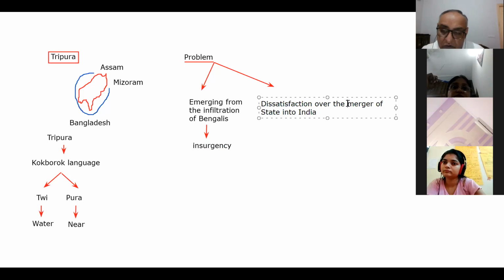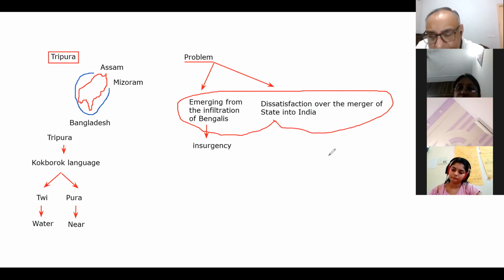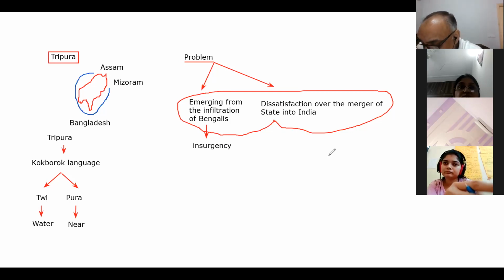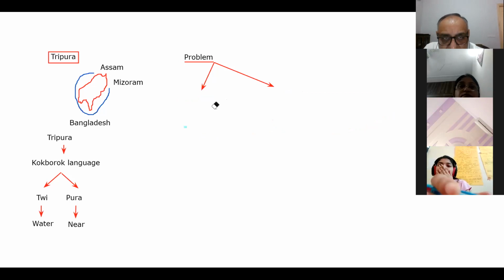Right. So now it means the insurgency mainly in the state of Tripura is due to these two factors. One factor is this and the second factor is this, right. So insurgency is due to these two factors, we can say, right. So that is there, right. So insurgency के पीछे जो मेन वजह फिर क्या बनी, बंगालीज तो आए, है ना।